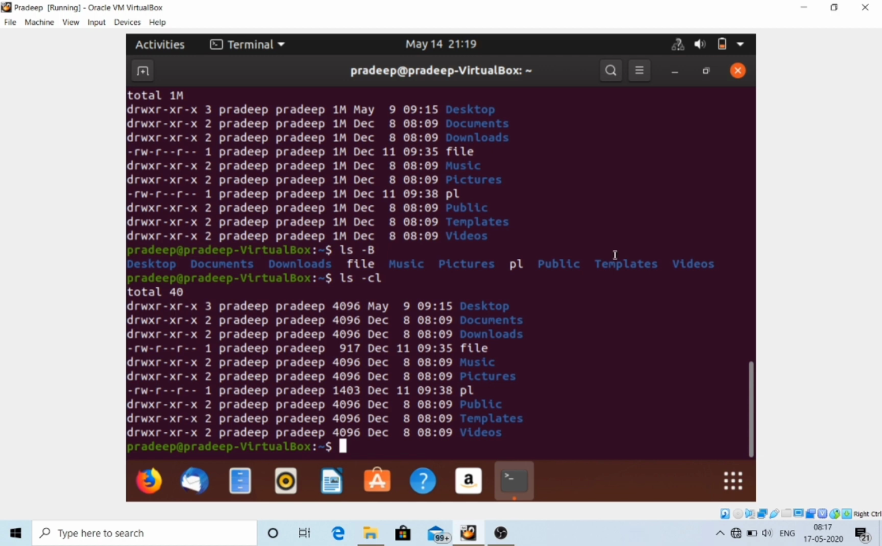Our last question but not the least, and a very important one, is, how will you control the output of the ls command to be colorful or no color? The solution is to use the color equal to parameter option. Let's understand with the command. We have to use the command ls space dash dash color